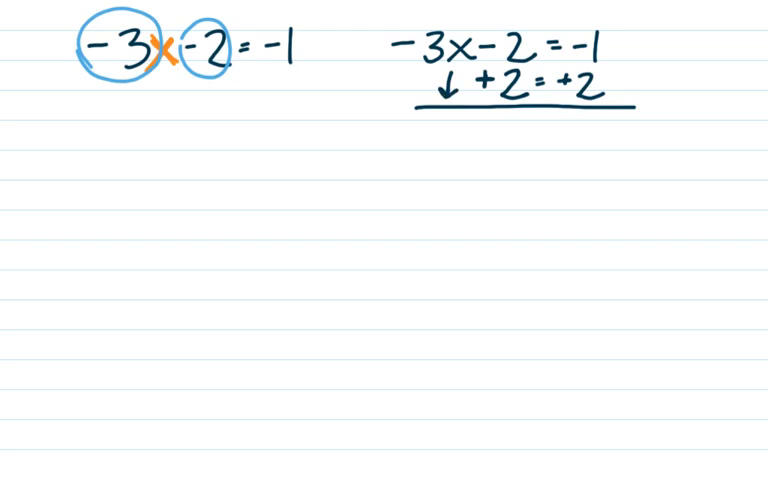Okay, negative 3x we didn't touch. So we're just going to bring it down. Minus 2 plus 2 cancels out. Our equal sign comes down. And negative 1 plus 2 is 1. Okay, so now I need to get rid of this negative 3. So I need to divide by